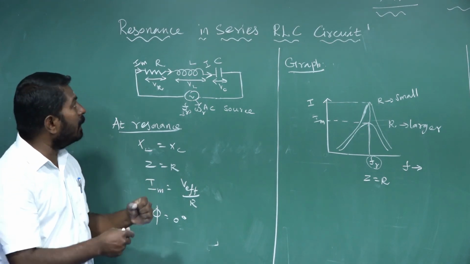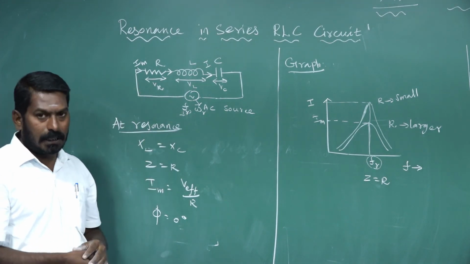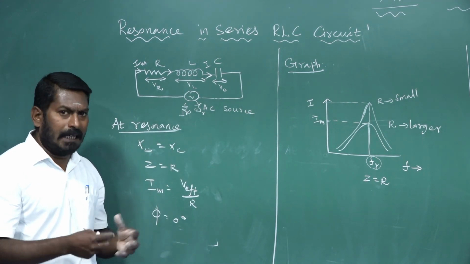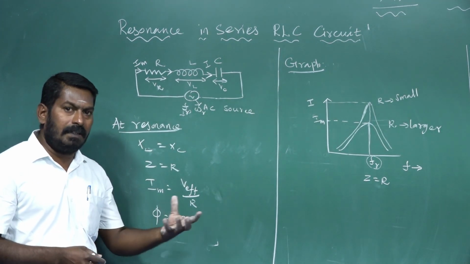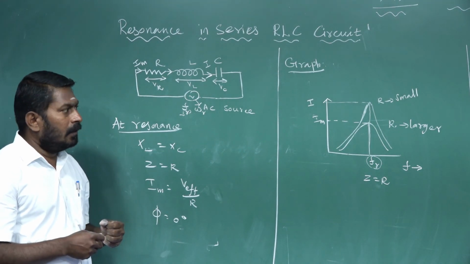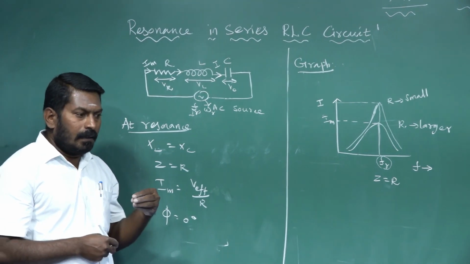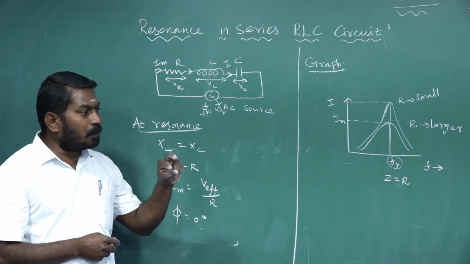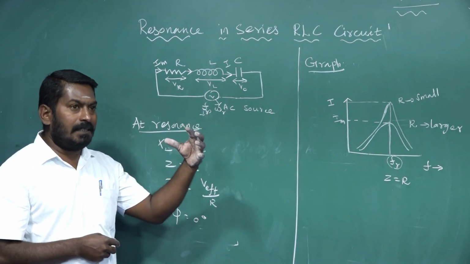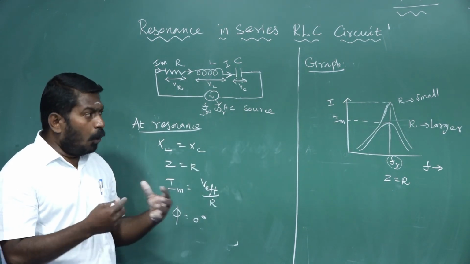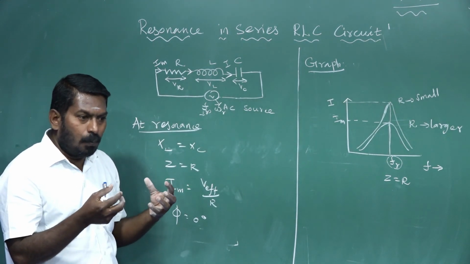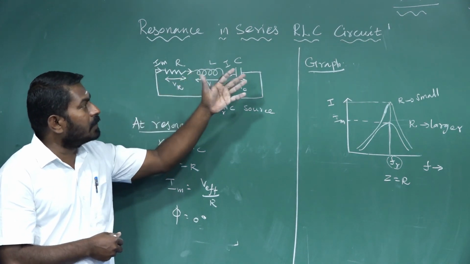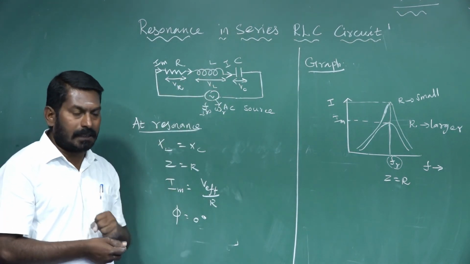Then what are the applications of resonance in a series RLC circuit? Resonance in a series RLC circuit is commonly and widely used in radio receiver systems and TV receiver systems. Why? Because various broadcasting stations send signals with corresponding frequencies, and those signals are in the air. How do we select the particular wanted signal? By using a resonance series RLC circuit. It is also called a tuner circuit.